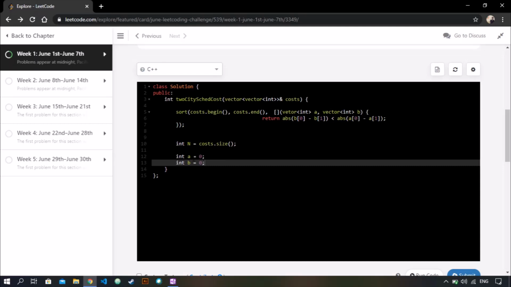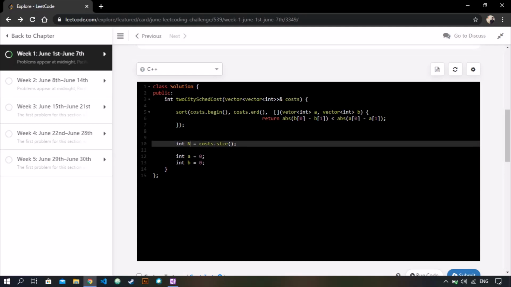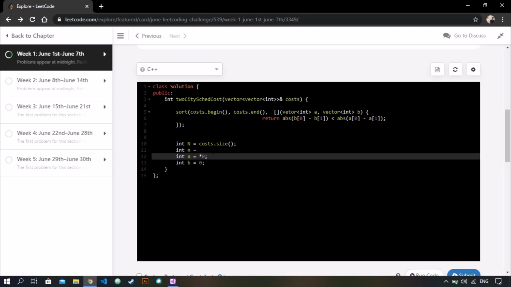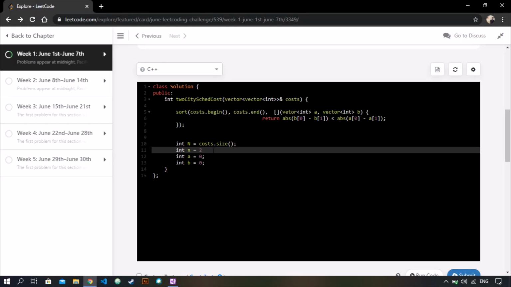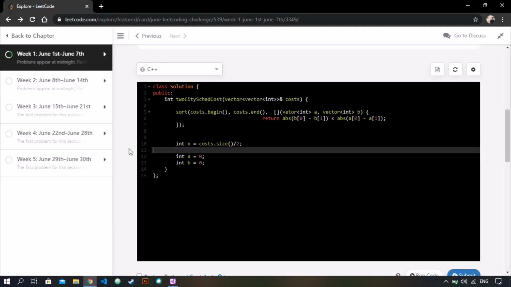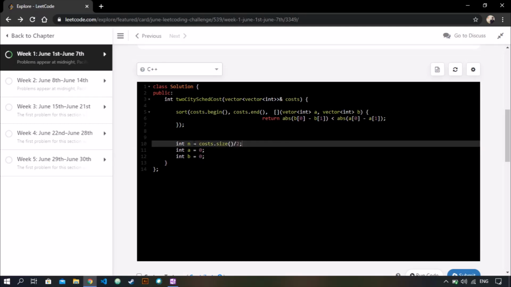So the variables or the counters A and B will keep track of how many people have traveled to city A and B respectively. Okay, so let's create another variable, that is the total number of people. Let's call it 1/2. This should be fine. Okay, so n is the number of people traveling to each city.